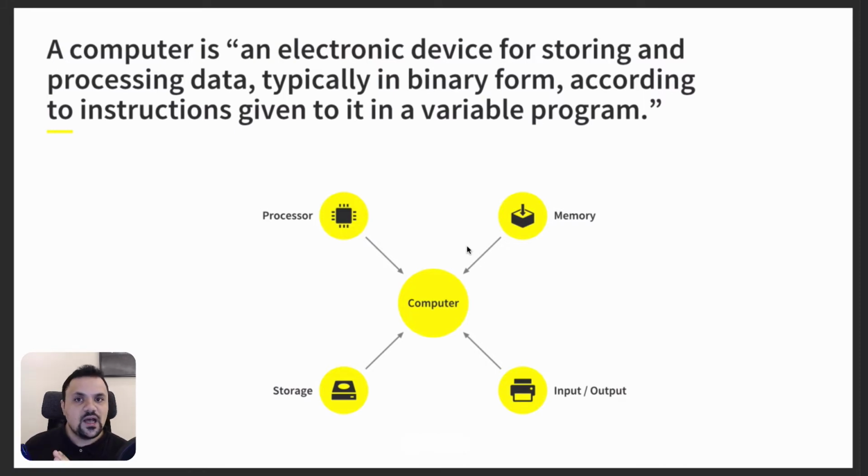That's why we call it hardware. When we talk about software, it means that it is a product, but we can change it without changing the hardware, right? And that is what we mean by a variable program. Variable program means it can change. And the power behind this change allows us to create billions of applications that we normally use in our daily